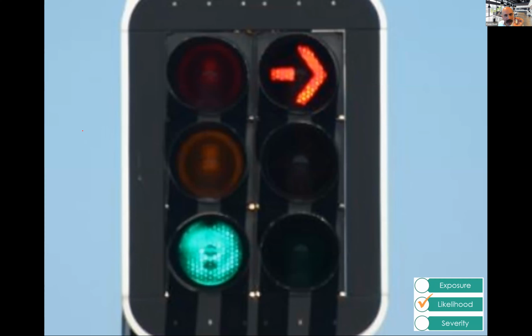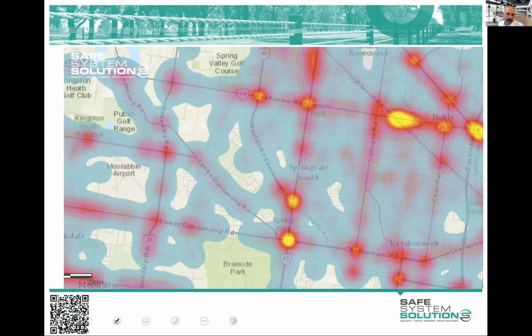Putting traffic signals up, with fully controlled right turns even, and I noted that I think it was Ben's there was very specific on fully controlled right turn, and that's a really good treatment to reduce the chance people crash. Fully controlled right turn being the red arrow. And it's great. The signalization does a good job in reducing the chance of crashes. But unfortunately, we see still a lot of crashes happening at signalized intersections. And in fact, I just grabbed a heat map of death and serious injury.